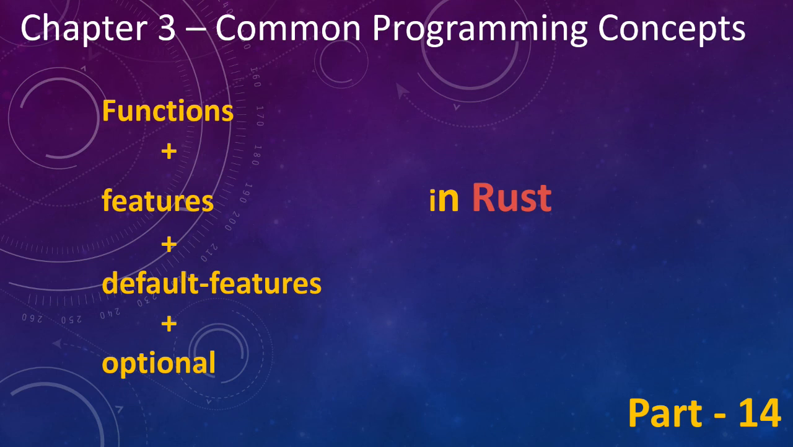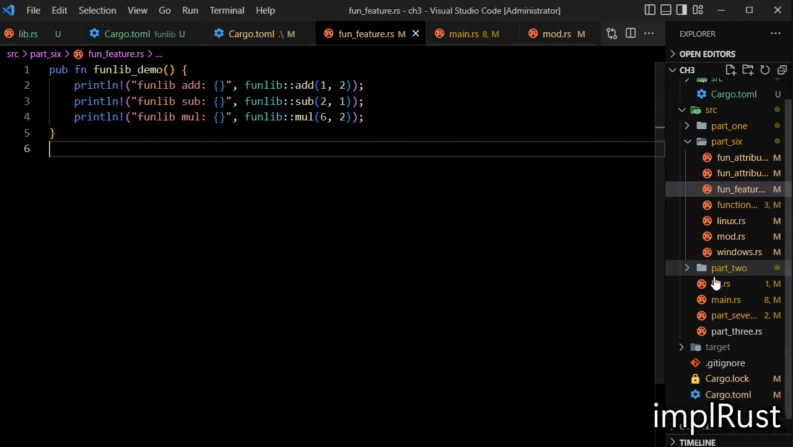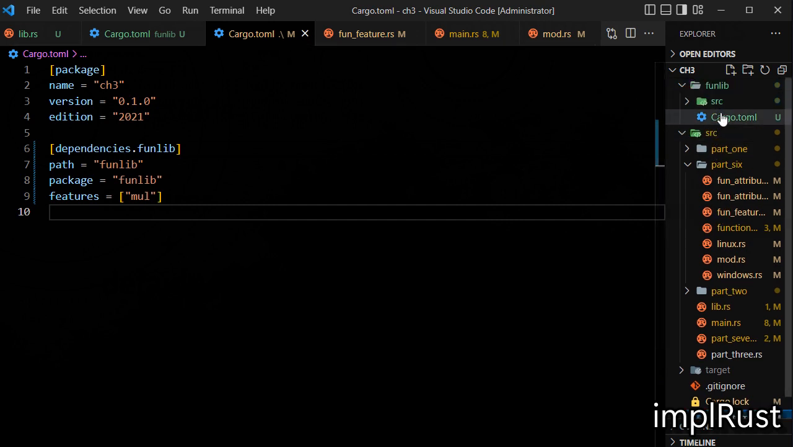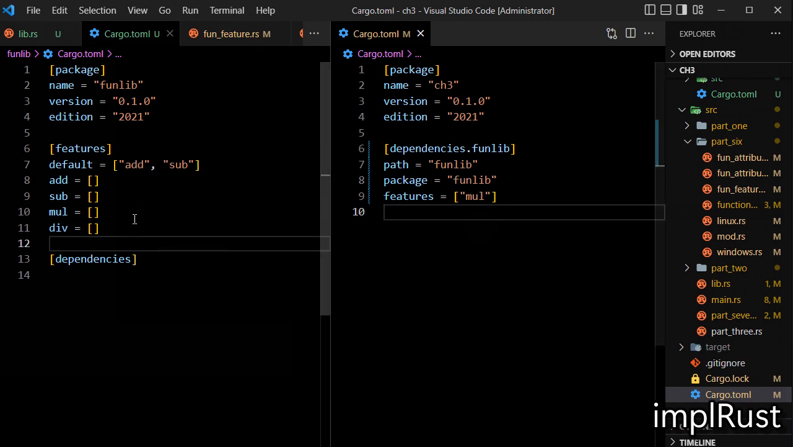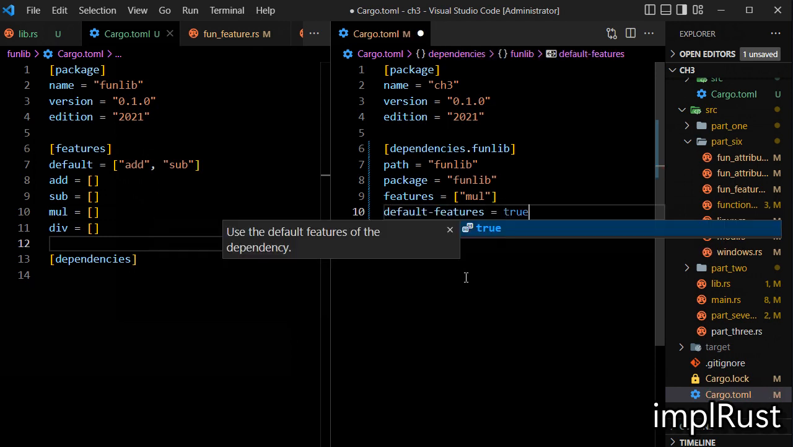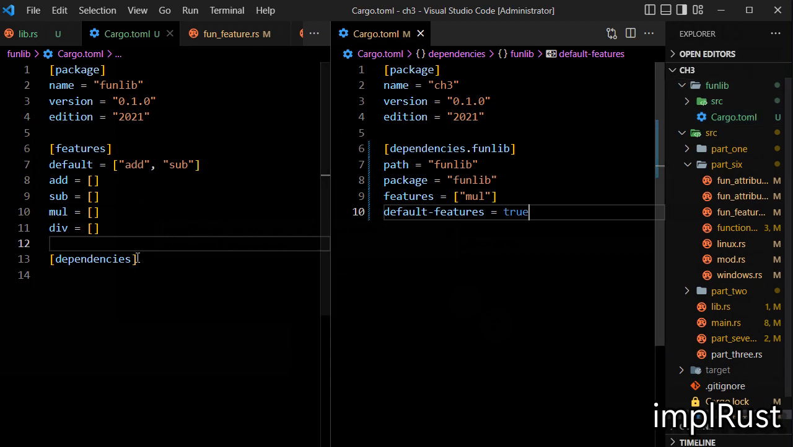Now let us learn how to disable implicit default feature import. Here on the left side is funlib's Cargo.toml and on the right side is chapter 3 project's Cargo.toml. In chapter 3 project's Cargo.toml, in the dependency funlib section, if we specify or do not specify the default features, it will